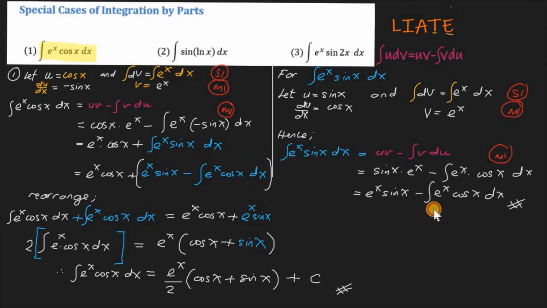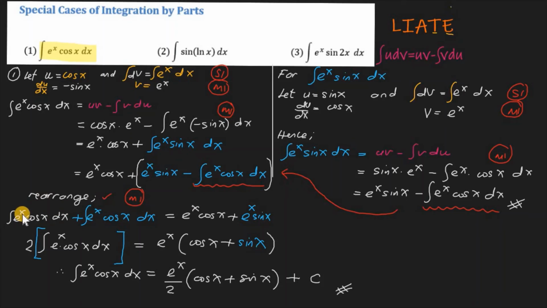And then you notice you have this, and as you replace it back here, for this portion of e power x sine x dx, you're replacing it. You still have this one, eh? Right. So the tricky part or the technique is to rearrange. Okay, so when we rearrange,